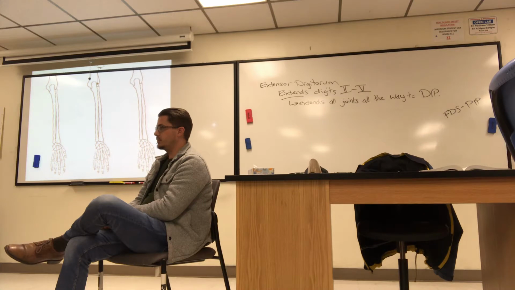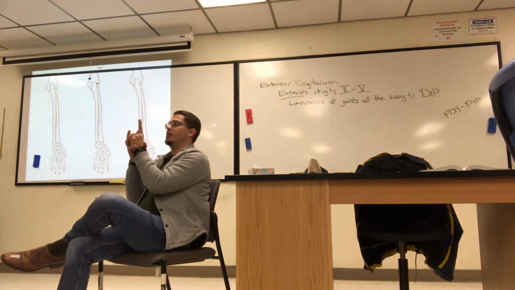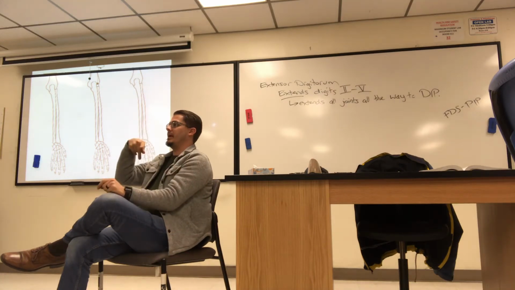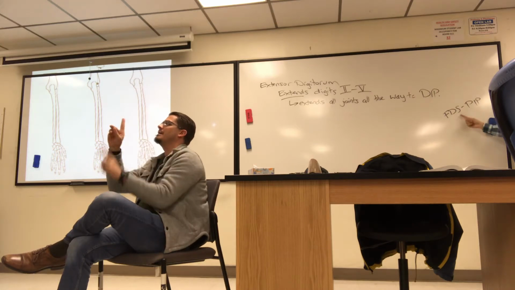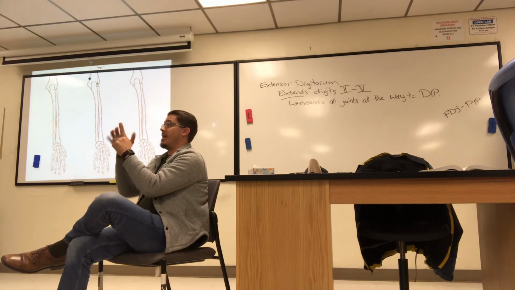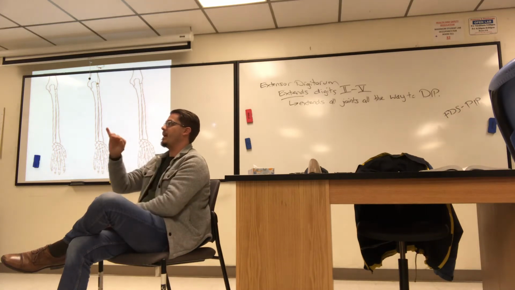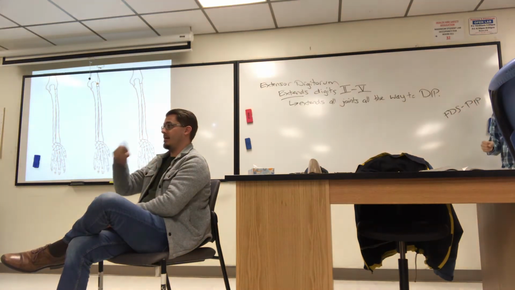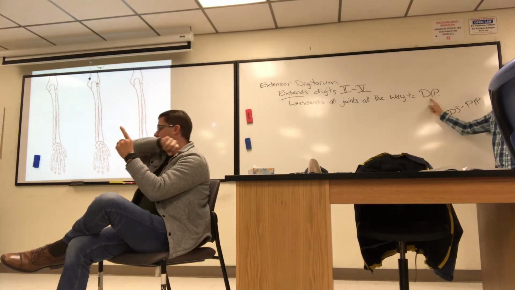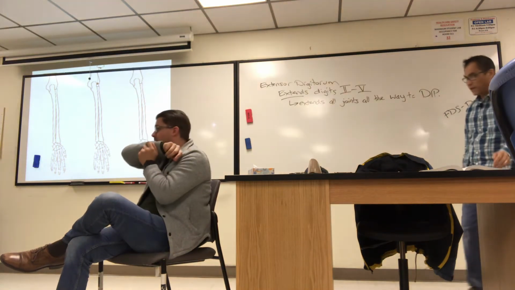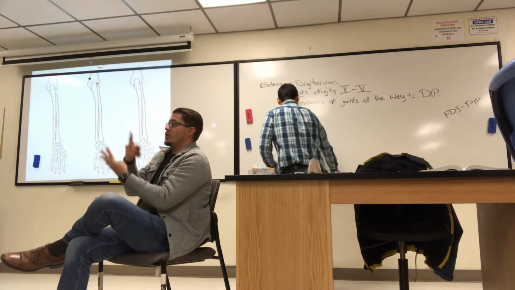For example, right now I'm flexing my PIP on this digit number 2. Right now I'm flexing my DIP. However, this muscle cannot flex the DIP. It only goes up to PIP. And what I'm saying for this muscle, it can extend all the way out, so you can completely straighten out your fingers, because it has a tendon that goes all the way to the distal phalanges, the digits 2 through 5. It originates